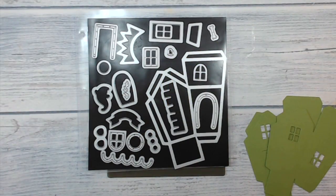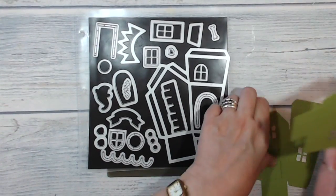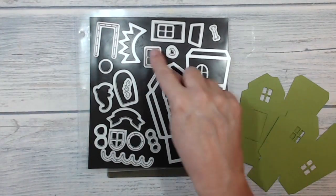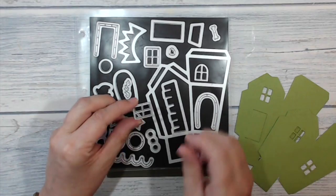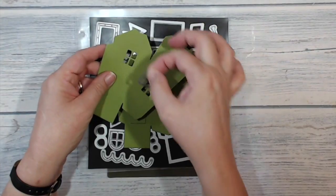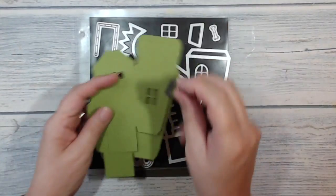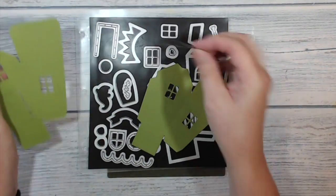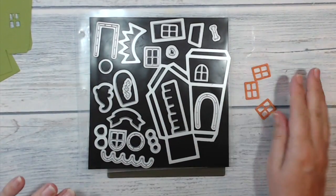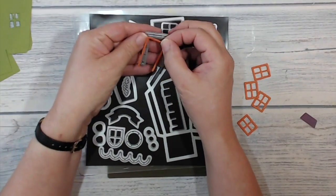This is the Home Sweet Home Thinlits die set, and I've used this die and cut out two pieces in Old Olive, and on those pieces I've used this die to cut out 4 windows. 1, 2, 3, 4. Alright. And I have used this die to cut out the door. So those are my Old Olive pieces, and then I have used pumpkin pie, and I have cut out one of these